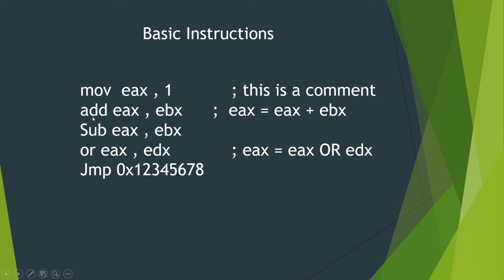And in the same way, the add instruction adds the two operands specified, EAX and EBX. Those values are taken, added, and stored in EAX because this is the destination. As I have explained, the result will be EAX equals EAX plus EBX. In the same way, the subtraction operation, which is sub EAX, EBX. Now EAX equals EAX minus EBX. It's just the same as the addition operation but minus.